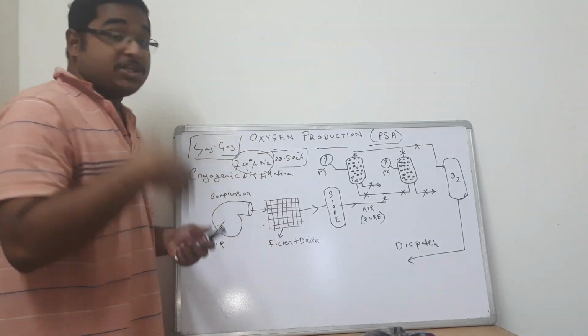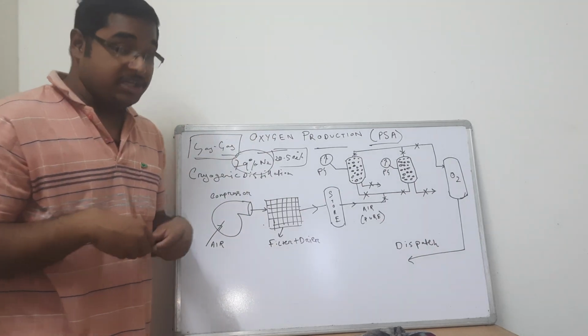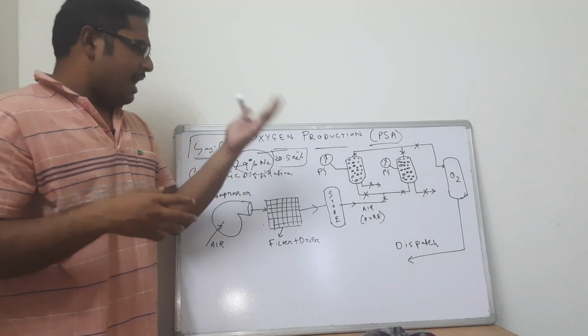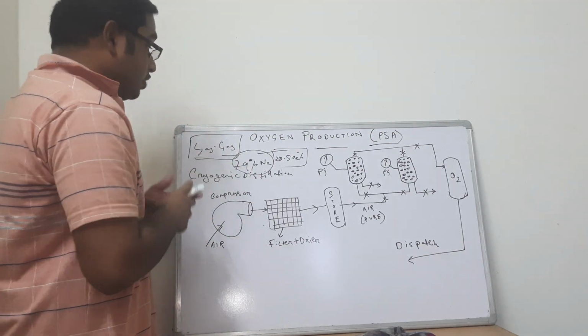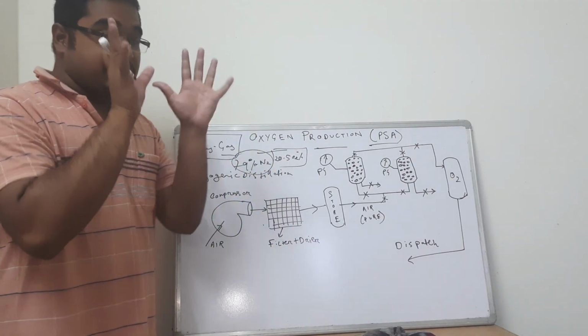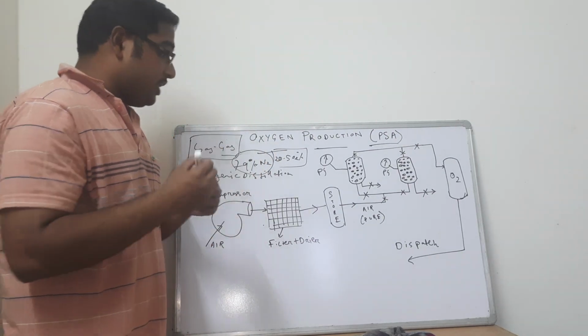Cryogenic is minus 190, minus 180 degrees Celsius. That is the boiling point of oxygen. Boiling point of nitrogen is minus 195.6, and boiling point of oxygen is about minus 183.5, if I'm not wrong. So taking them to that lower temperature under high pressure and undergoing distillation such that the nitrogen